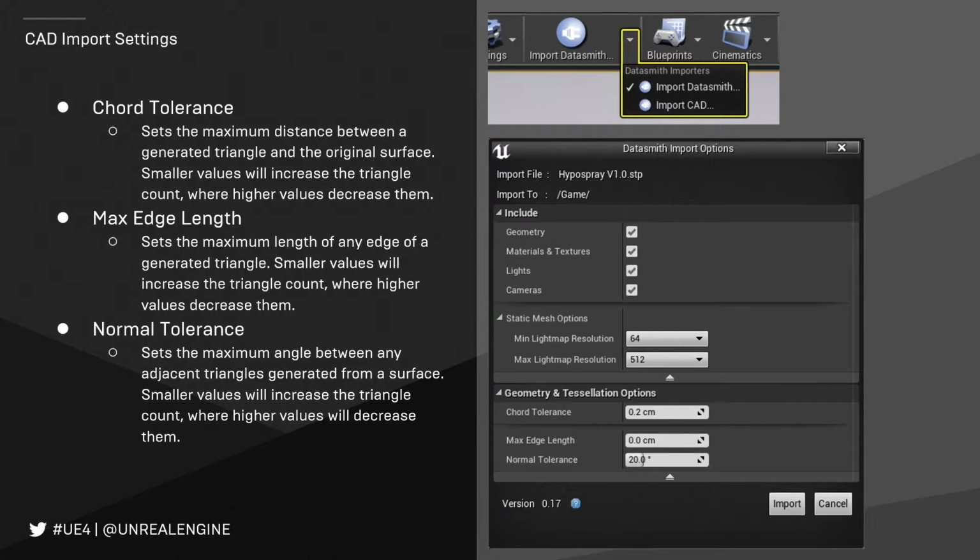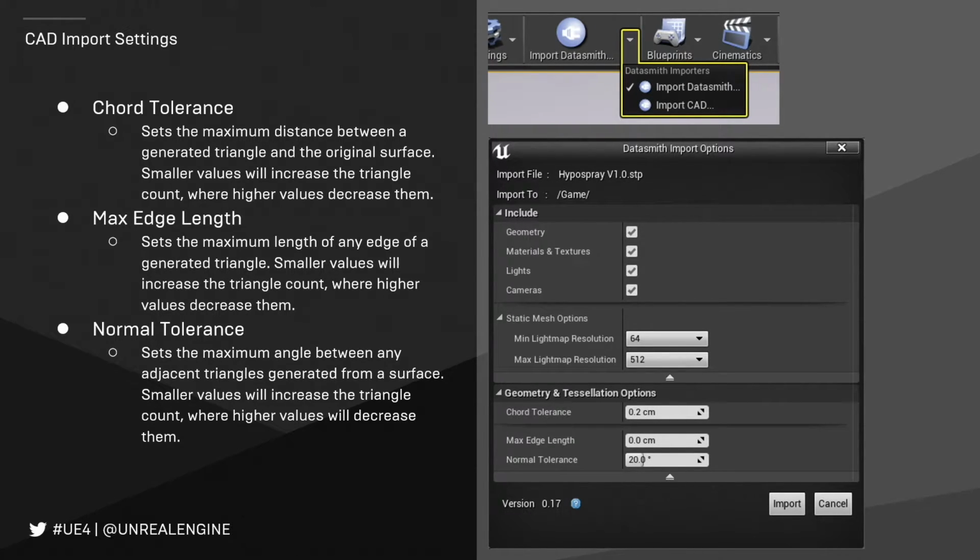Now, the chord tolerance sets the maximum distance between a generated triangle and the original surface. So what that means is if we had a curve and we were rendering polygons along it, if this polygon was going to be too far away from the line, it will then splice in a new one.